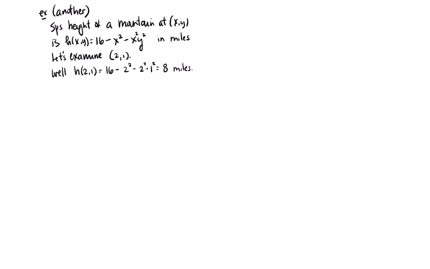Now it's going to give some weird units, but let's just assume x and y and h are all in miles, and we'll explain the units as we go. So the height at 2, 1 is 8 miles high. So we go, okay, that's great. Now, suppose we're at 2, 1 and we go in a certain direction. Let's suppose we pick a unit vector, say 1 over root 2 i plus 1 over root 2 j. If we go in this direction,